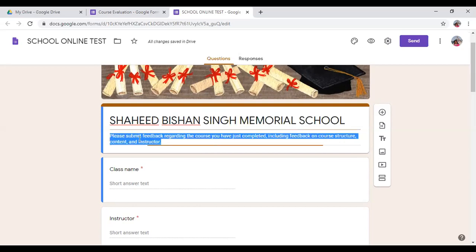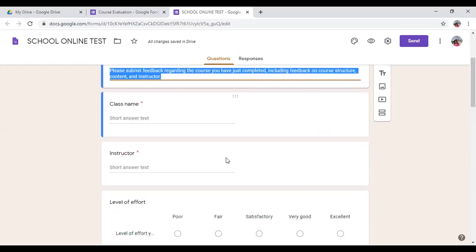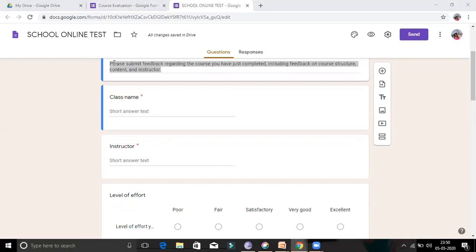Next you can write any instruction you want here. Now come to the next, and scroll down a little bit. Here are name and class. You can modify them here.